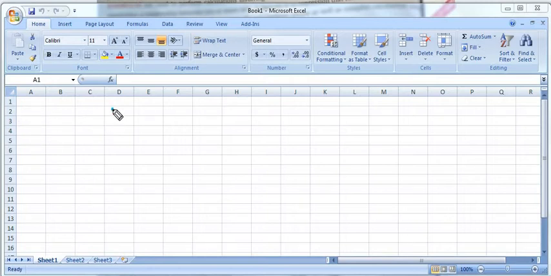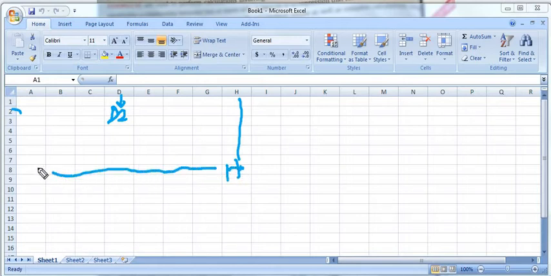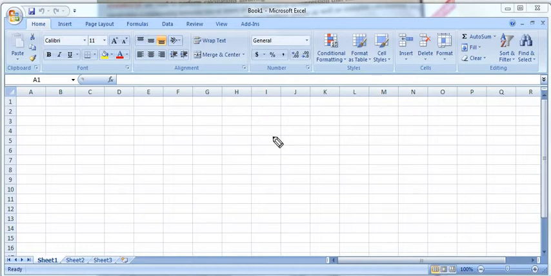So what is the address of this cell? Column heading and row heading, which means here we will write D2. We will not write 2D; D2 means always the column heading will be written first. So this is the address of this cell. If I talk about this one, suppose this is column H and this is the 8th row, so H8 is the address of this cell. We can find the address of different cells like this. So this is very simple: what is a cell, what is a column heading, what is a row heading.